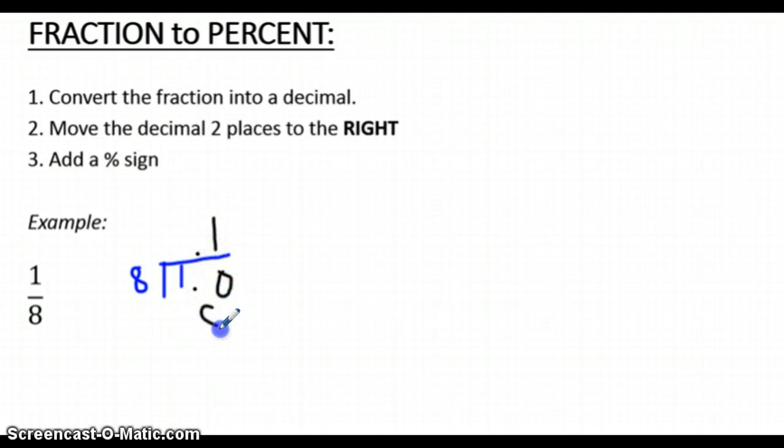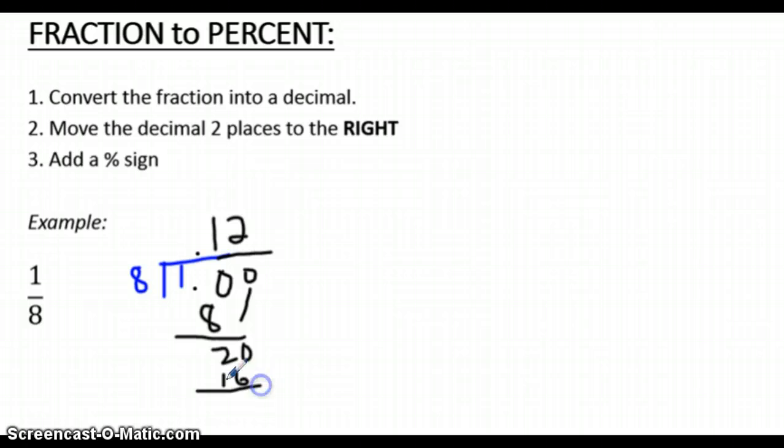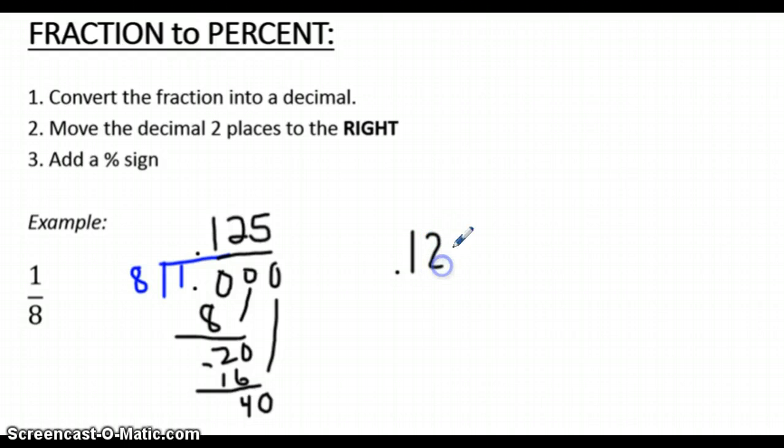1 times 8 is 8. Then we subtracted, got 2. We brought down the 0. 8 goes into 20 twice. 2 times 8, we got 16 before. 20 minus 16, we've got the 4. We brought down another 0. And 8 goes into 40, we said 5 times. So now that we have our fraction into decimal form,